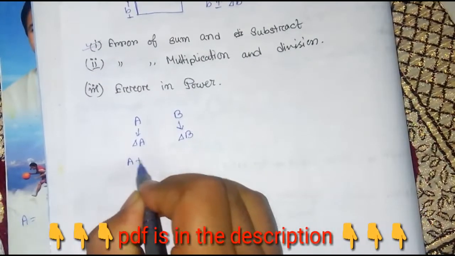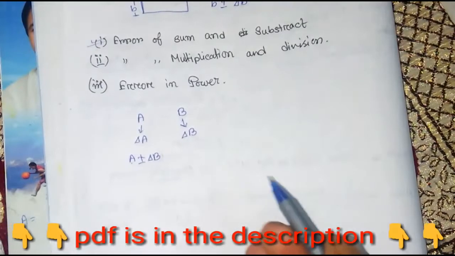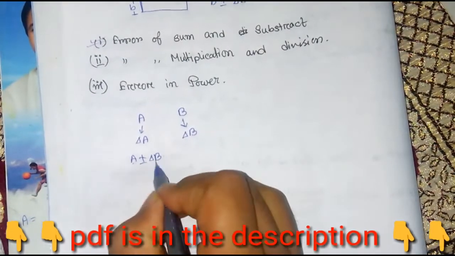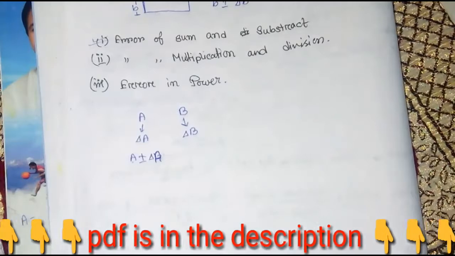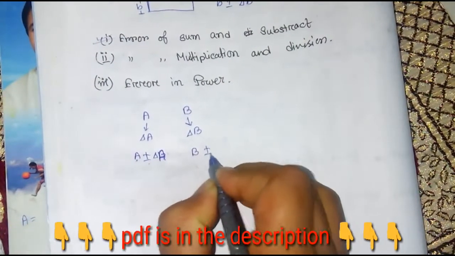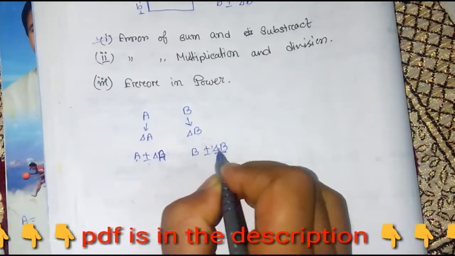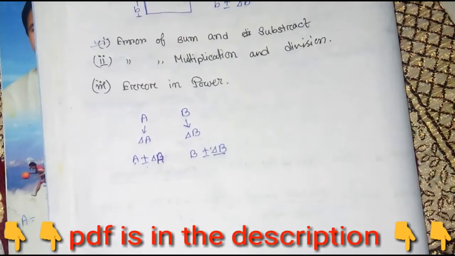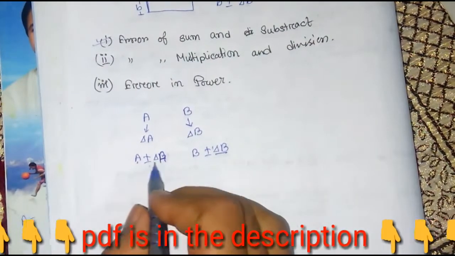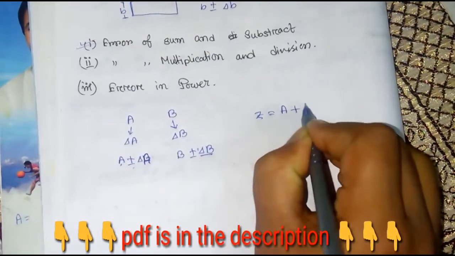So it can be written as a plus minus delta b, because this error can be lesser than the actual value or can be more than the actual. This will be a, right? So a can be written as a plus minus delta a, or b can be written as b plus minus delta b. This is called the error, and it can be more than the actual or less than the actual value. So when we add those values, suppose we have to calculate z, which is a combination of a plus